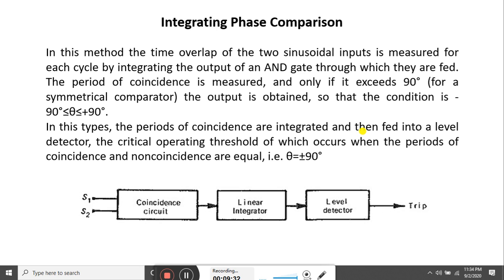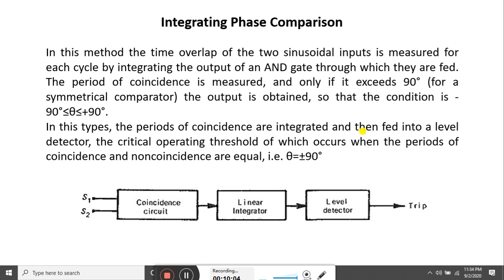What we do in this type of phase comparator, as in the previous case where we studied that we can measure a coincidence period between two signals, is that the output of the coincidence circuit is applied to a linear integrator which ensures the linear rise